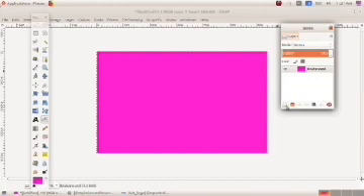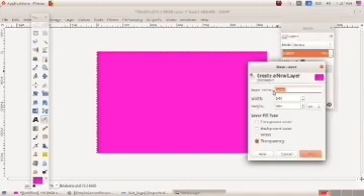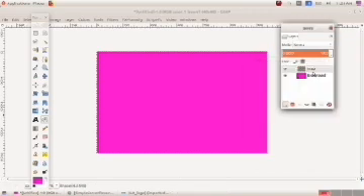To create a new layer, click on the New option, then give the layer name as image. Always give the layer name suitable to the work. Okay, here image is the layer name, then OK. A new layer appeared here.